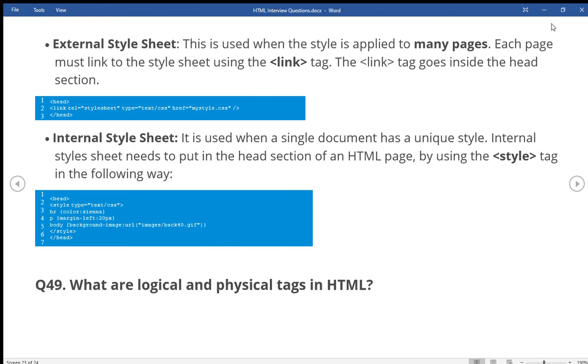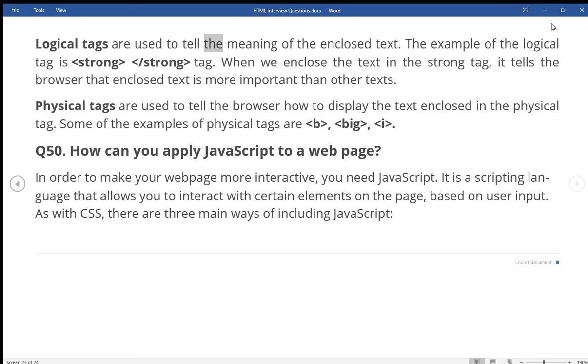Logical tags are used to tell the meaning of the enclosed text. The example of the logical tag is the strong tag. When we enclose the text in the strong tag, it tells the browser that physical Q. In order to